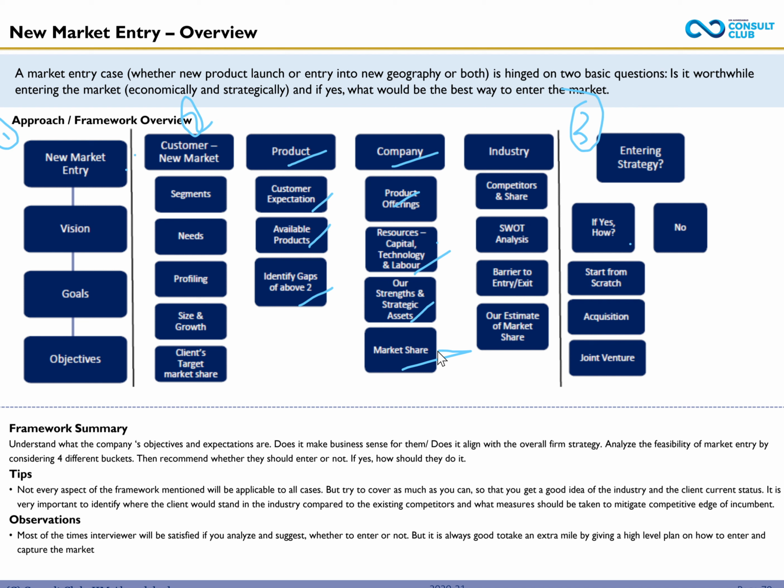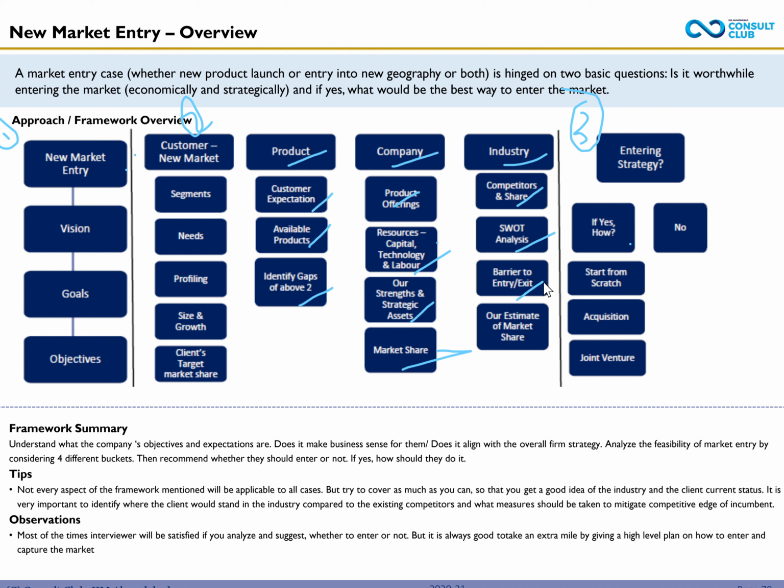And then you understand the market share of the company, which also gives you an idea of how big the company can become in this new product they are trying to launch. And then lastly, you analyze the industry. In industry analysis, you see what the competitors are and what their share is. You do a SWOT analysis. You understand what the barrier to entry is in this industry, and then you estimate the market share for the